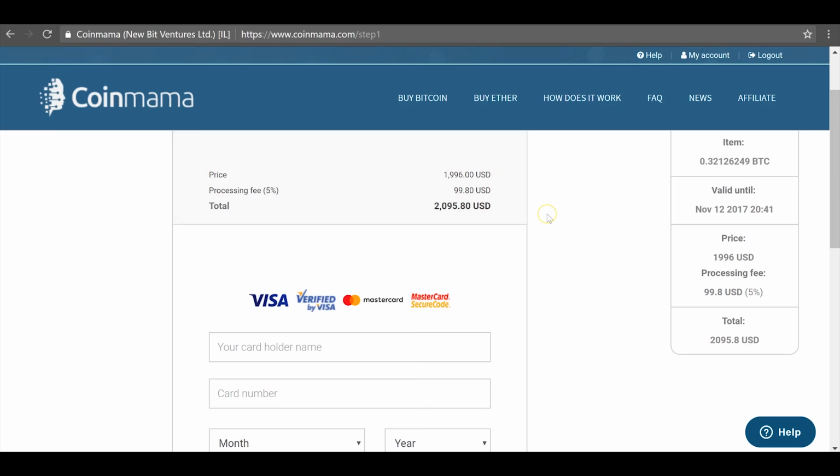The transaction goes through. So that's a lot quicker than Coinbase. That takes about 5 days or more to process your transaction. And that's even if you have multiple transactions going on, or if you've bought from them before. They may be changing that in the future. There is an instant buy that's coming up in the future. But currently I'm using CoinMama. It's a little higher fees, but I get my Bitcoin right away,